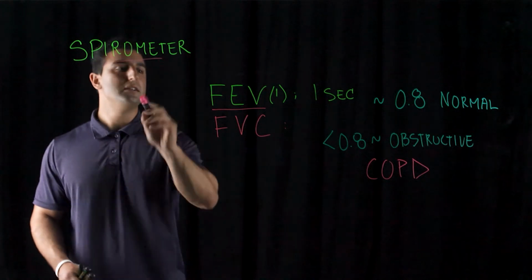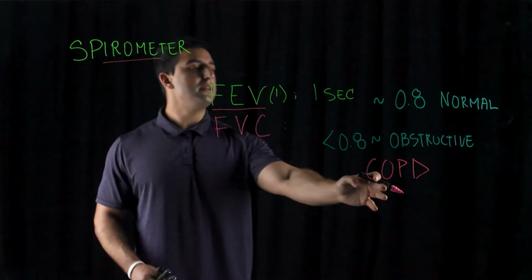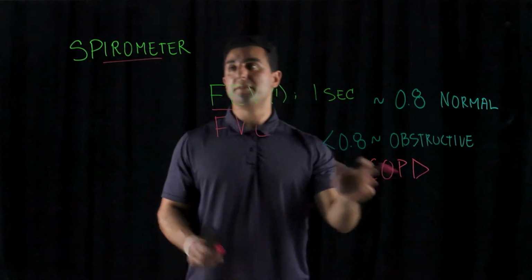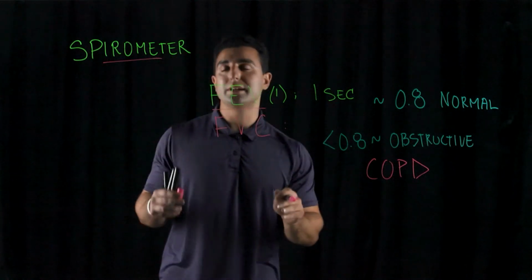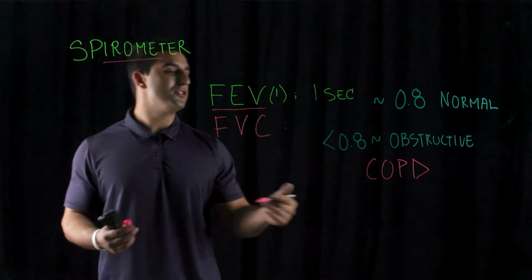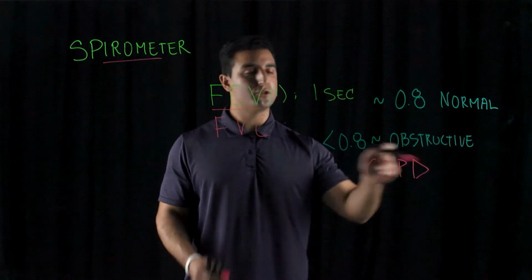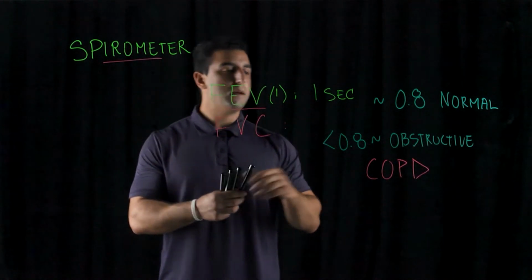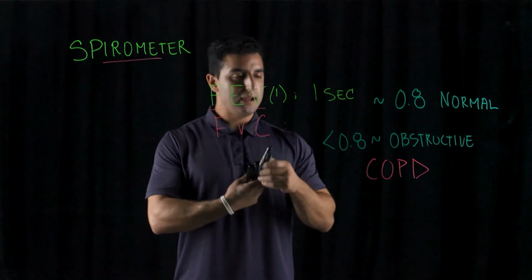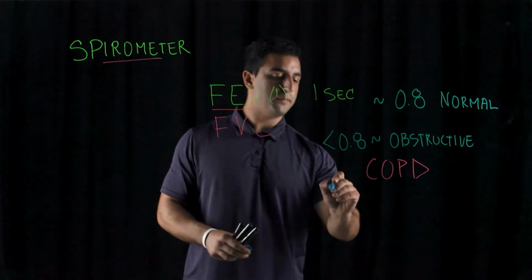You use this device to create this ratio, and you can now conclude based off of a function test, so we're not just looking at anatomy here, we're looking at physiology, that there is some kind of chronic obstructive pathway because you have an obstructive disease. So usually below 0.8, and then anything greater than 0.8,